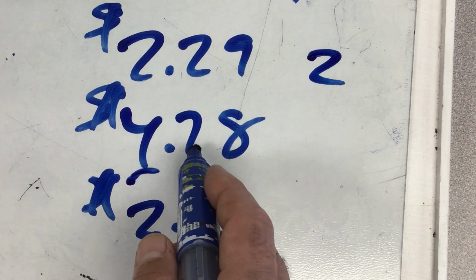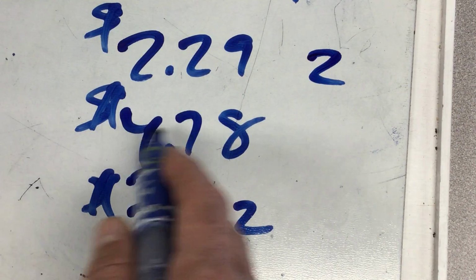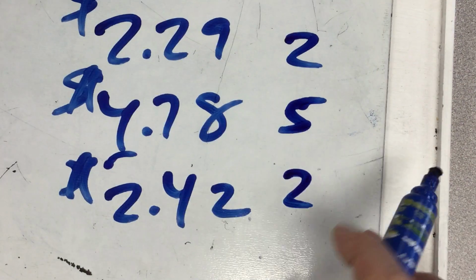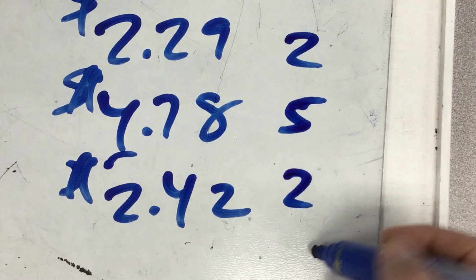4, I look to my right, 5 or above? Yep. So we change that to a 5 and add zeros. So that's $5. Here, look to the right, 5 or above? Nope. So that gets rounded back down to 2. So overall, I got 5, 6, 7, 8, 9